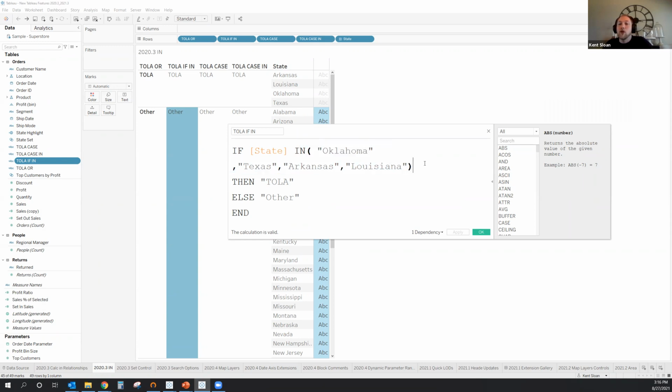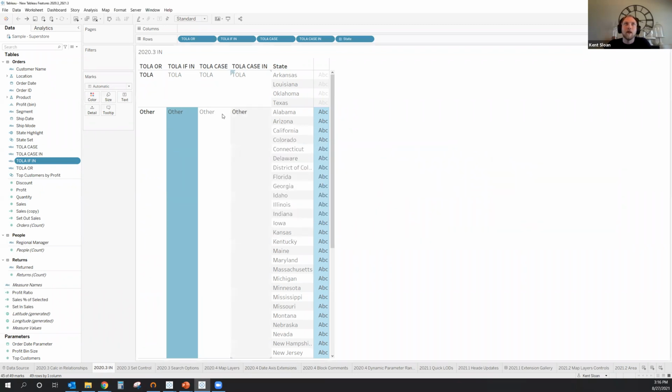So this has 2 benefits. One, it can help us with making it easier or faster to write these calculations. So I might have this list of things that I could just paste in here and wrap within the in statement. The other piece is that it's actually now effectively running one piece of logic, whereas with all of the or statements, it's checking for each one of those individually. So as we scale up, that actually has a performance impact, that this is faster to run than a series of or statements because it's fewer individual requests. So this can help with performance as well as making our lives easier from a development perspective.